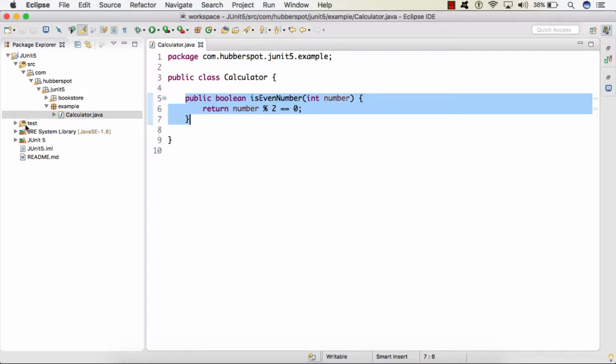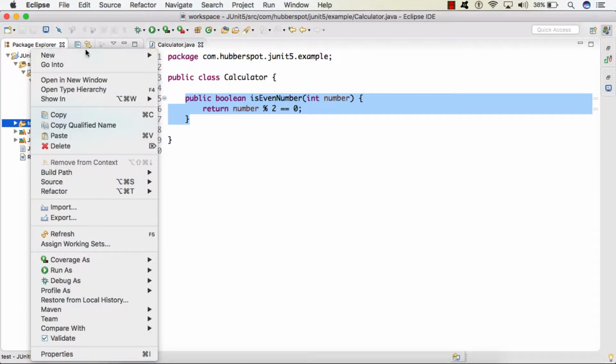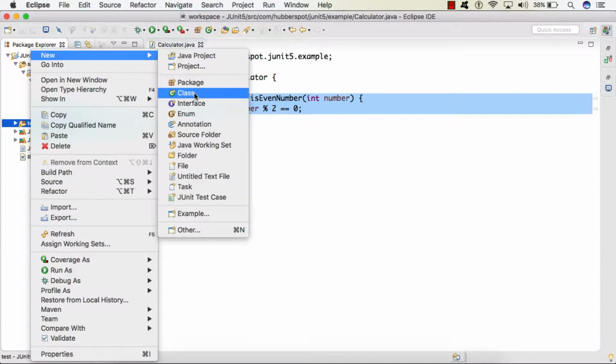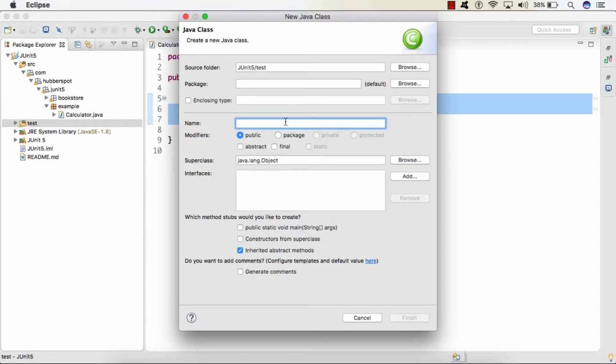So in our test folder, I will be creating one test class. We'll give it the name ValueSourceDemo, and I will keep it in a package com.hubspot.junit5.parameterizedtest.valuesource.